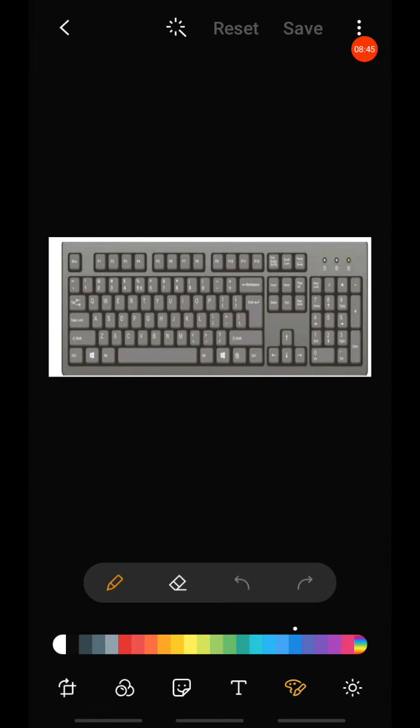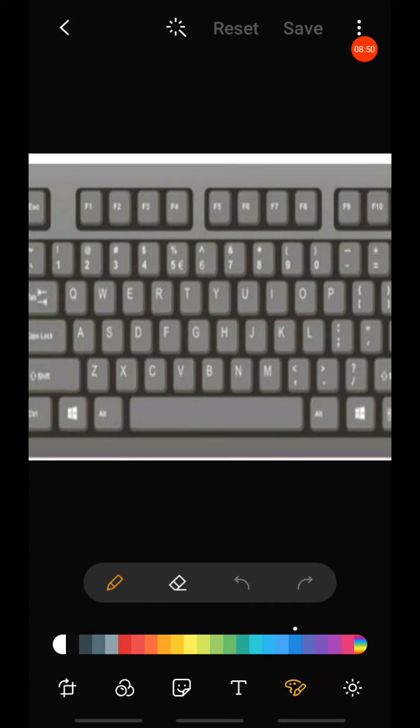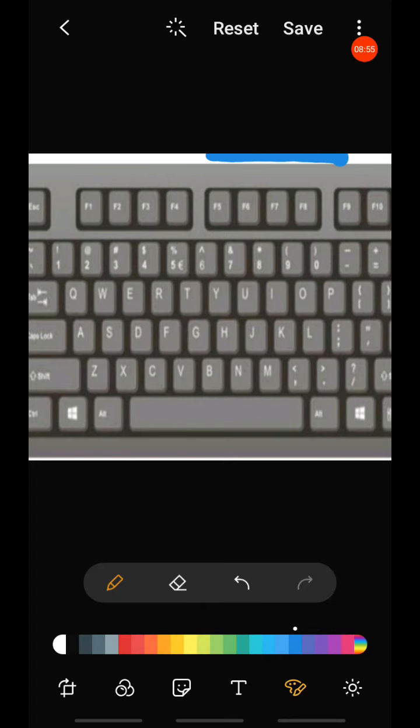Because I cannot make it longer, I am explaining in short. In the next video I will explain in detail, and you have to answer my questions in the chat box. So now for the number keys we have to use only three fingers, that are ring, middle and index.